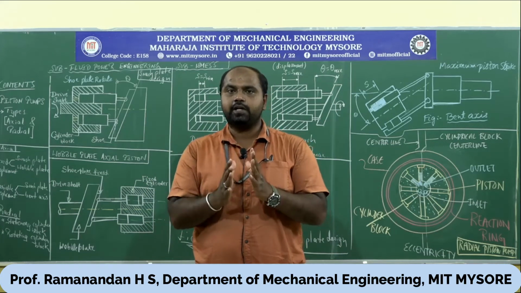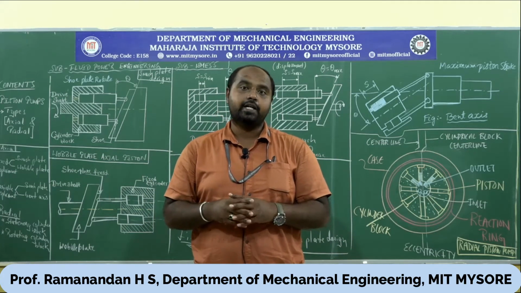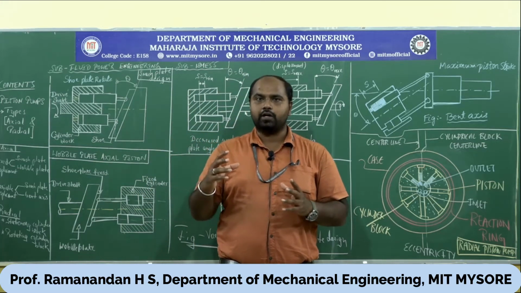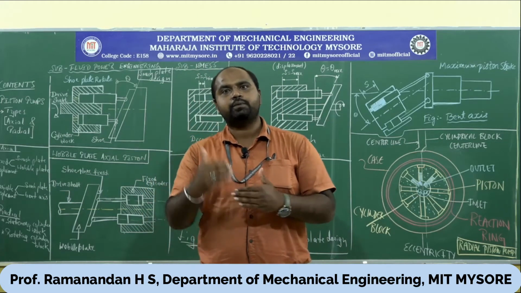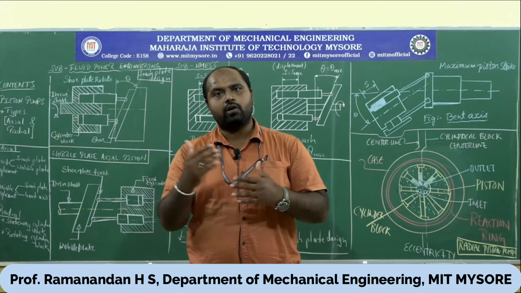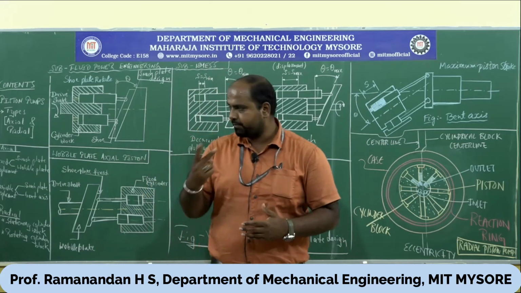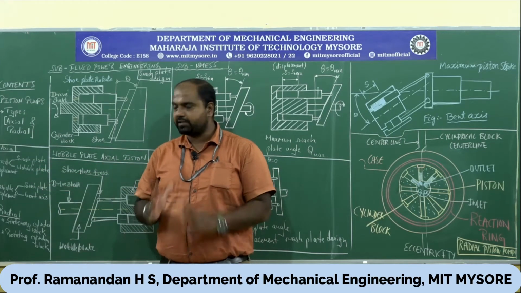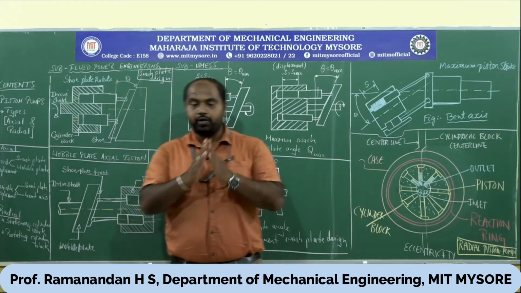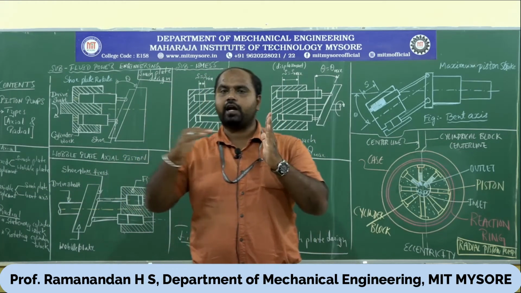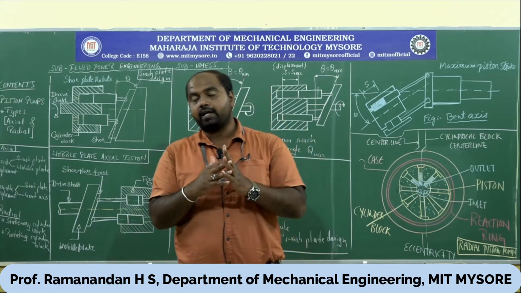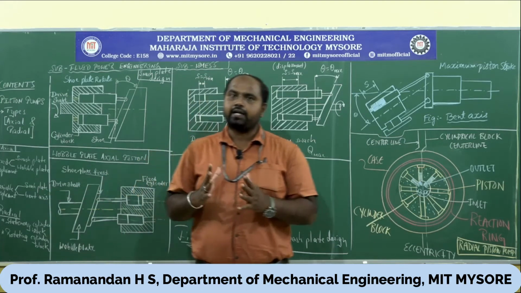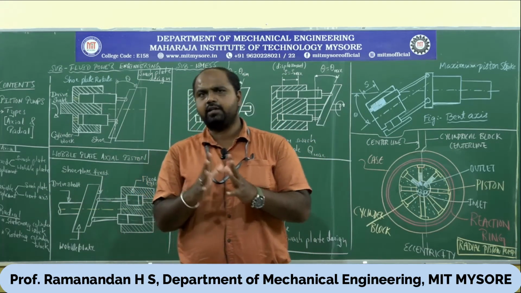Based on this displacement, we have two types, fixed displacement and variable displacement, because in the second case I can vary the piston movement the way I want. In the first case, displacement is fixed. We will see all those cases. Under fixed displacement you have two types, swash plate and oval plate. Under variable displacement, where you can vary the distance of travel of a piston, in that type of axial piston pump you again have two types, swash plate and bent axis.